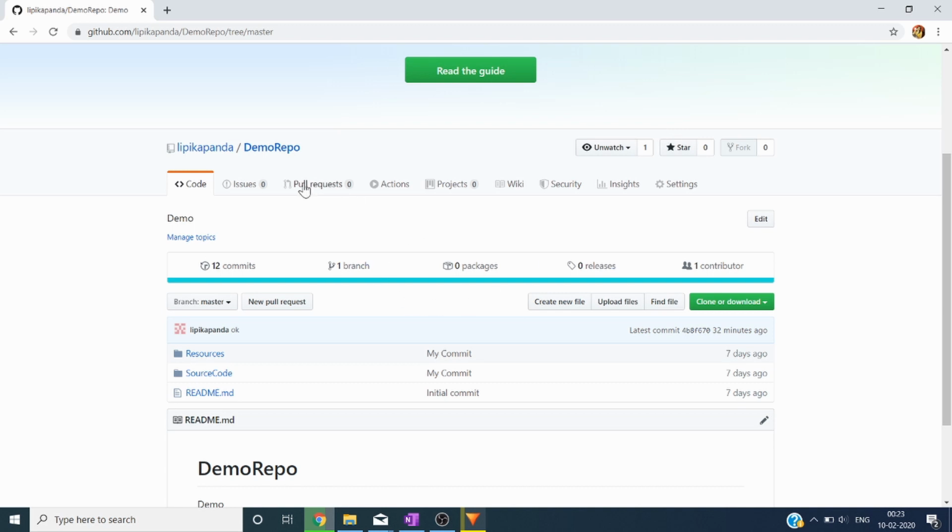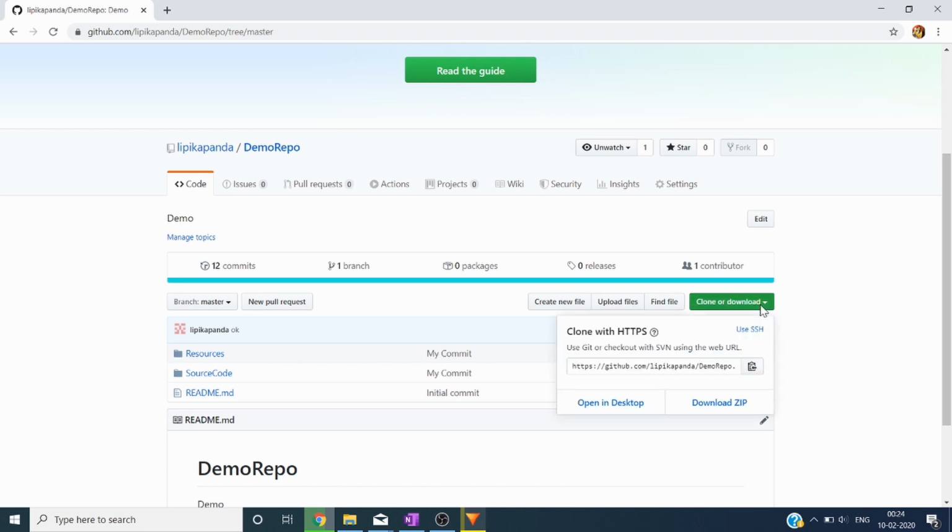So suppose there is a repository in GitHub which we want to utilize and we want to have it in our local and use it. So first we need to clone this repository to our local. Demo repo is the name of the repository. Now to clone, you can see a green button, clone or download. So we'll copy the address from here by clicking over here